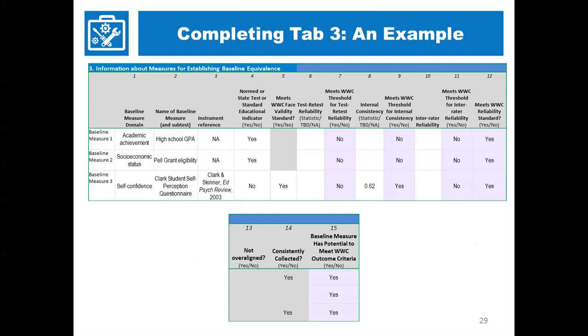For the measure of student self-confidence, since you are giving the survey before they start the intervention and after, there is a natural baseline, and that very same measure will be the baseline. So as we walk through this, you can see for the academic achievement and socioeconomic status, you don't need a reference. They are normed state tests or educational indicators, and they automatically have a yes entered in the last column, 15, about meeting standards. For the baseline measure, again, you're going to say it meets validity